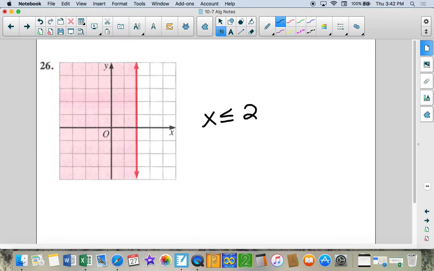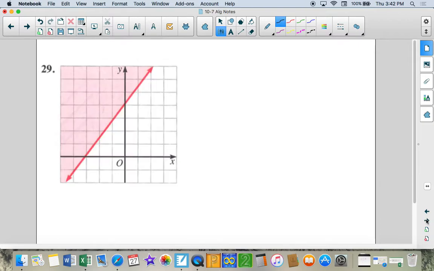I'm going to test that point. Is 0 less than or equal to 2? That's true. So my solution is this. And this is where it gets fun. So, a couple things. If we want to write an equation for the border, the first thing is, let's look